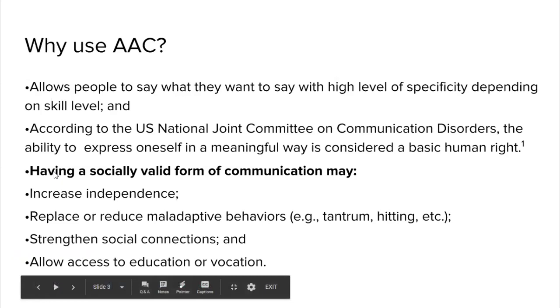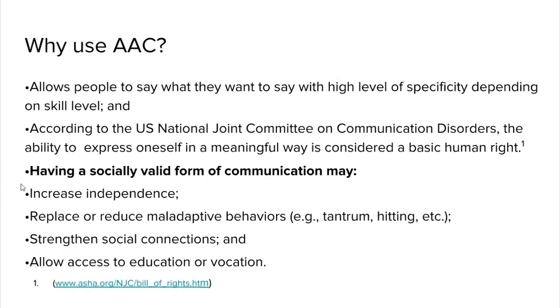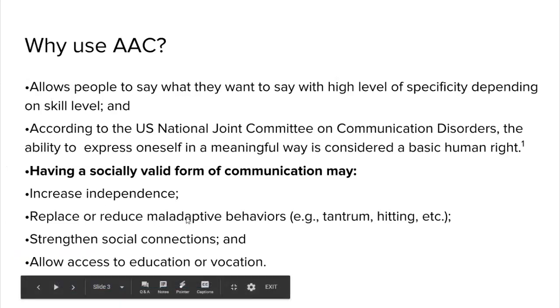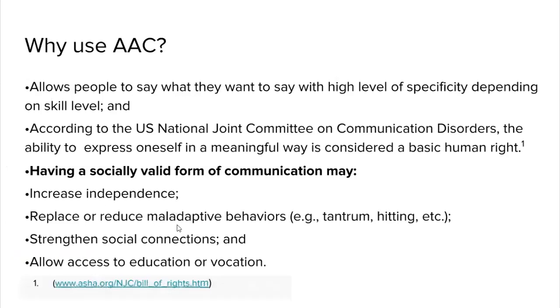So you can imagine how being able to accurately communicate can do all of these things, allow you to be more independent. If you aren't able to say what you want to say, people may communicate through problem behaviors. So one reason why someone might have some problem behaviors is that they're having a hard time expressing themselves.